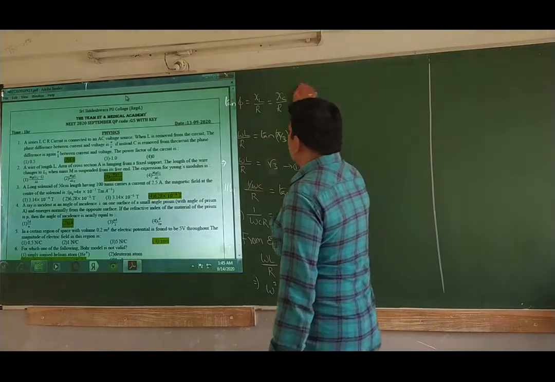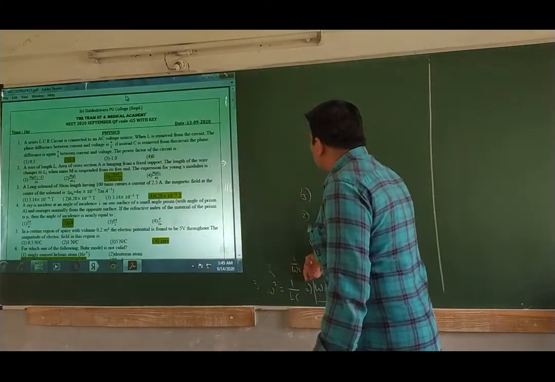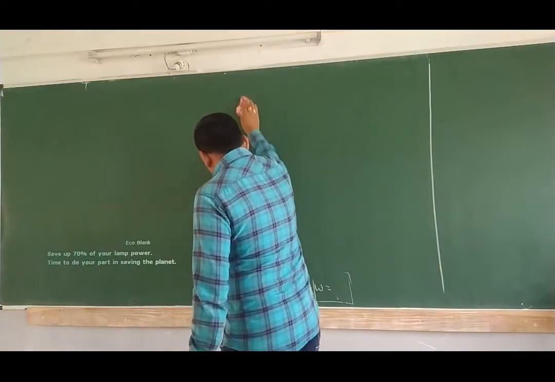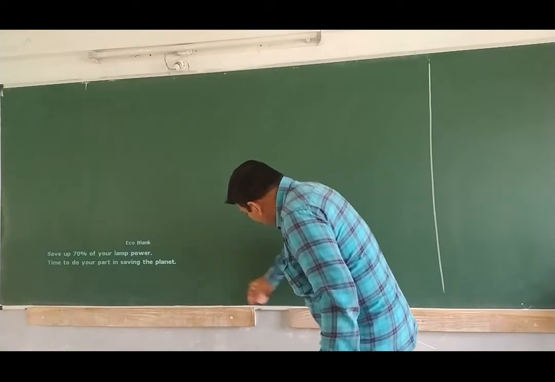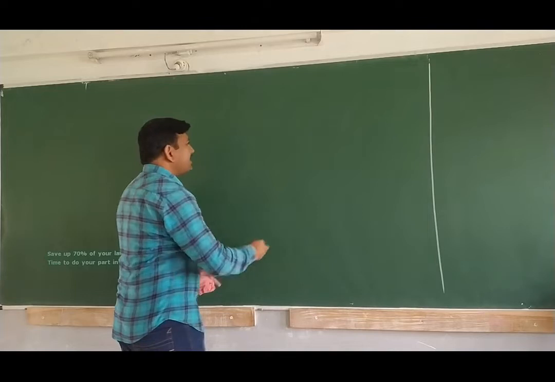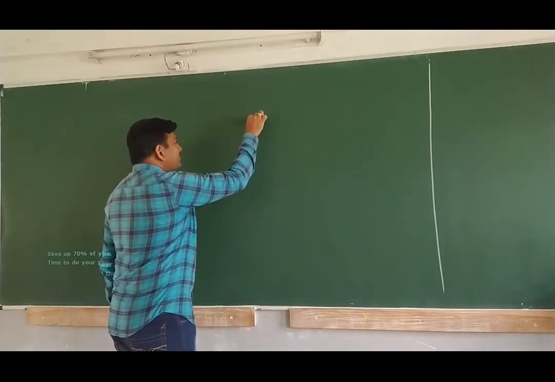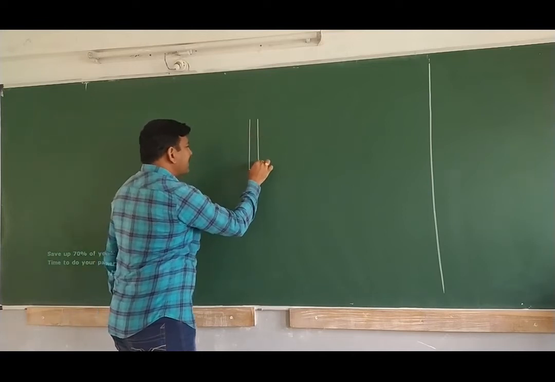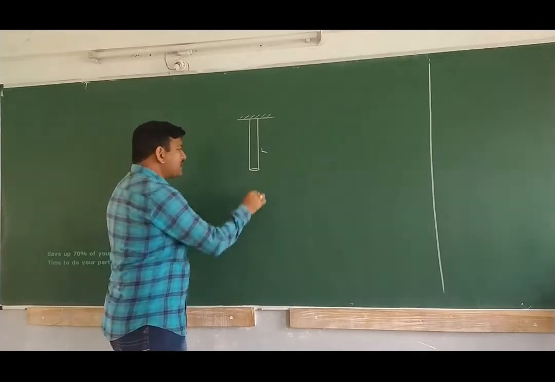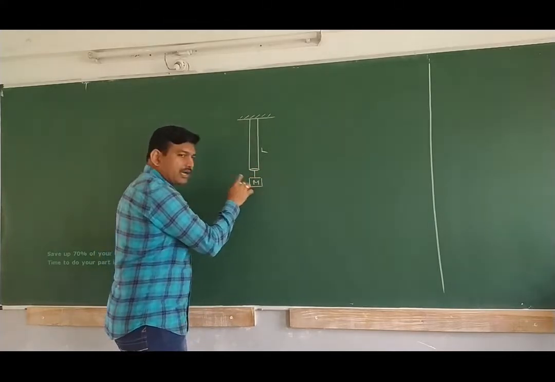So here, they have given that there is a wire of length L, and for that wire they have suspended a mass, capital M. The area of cross section of the wire is given as capital A. They are asking us to calculate the Young's modulus of the wire. So let me choose this wire whose initial length is equal to L. Now I suspended a mass from this. Due to this mass, there is a weight acting on it.